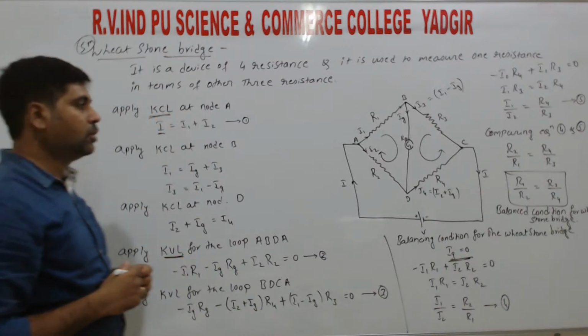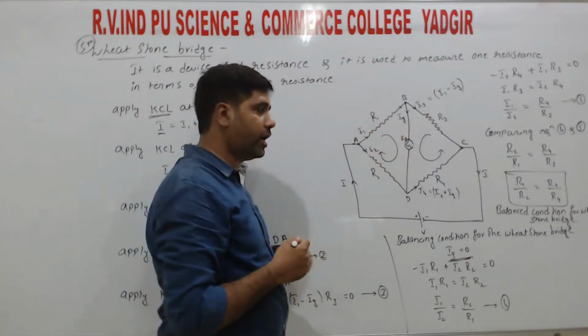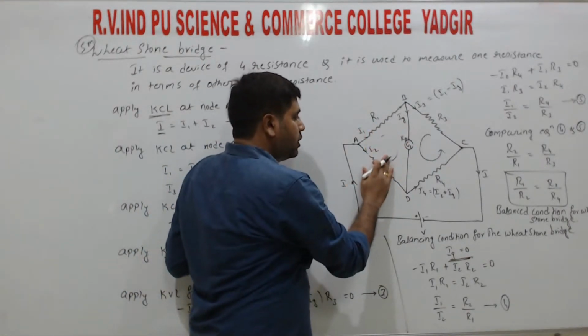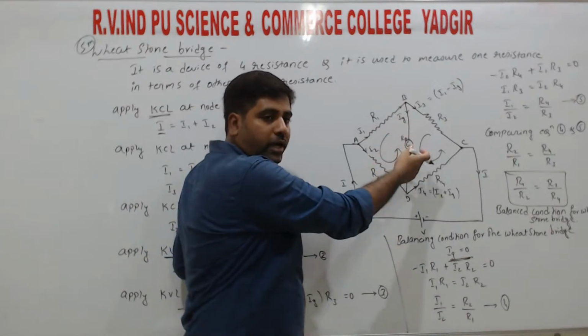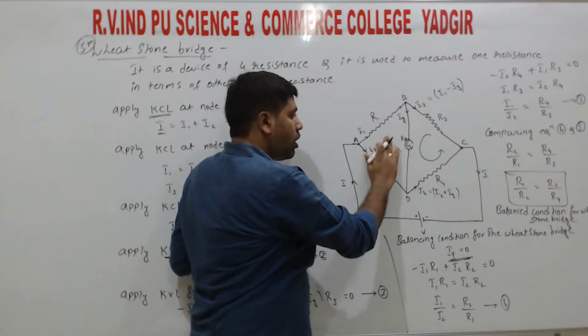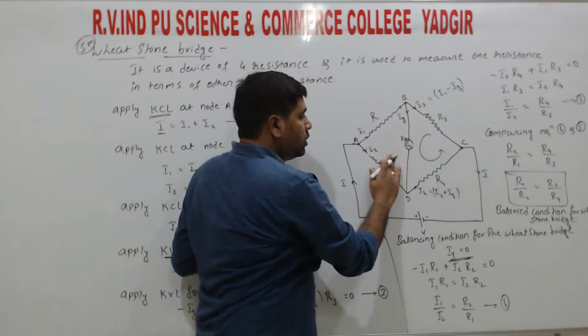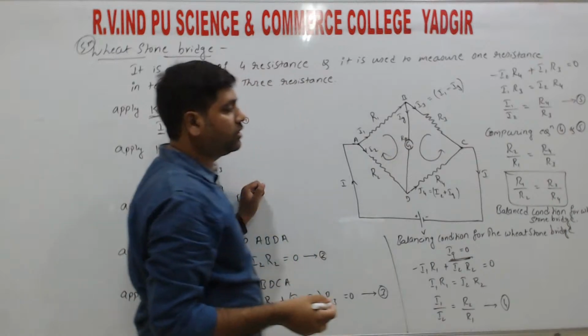The direction you take is your convenience: either both anti-clockwise or both clockwise. Finally, the relation you get is R1 by R2 equals R3